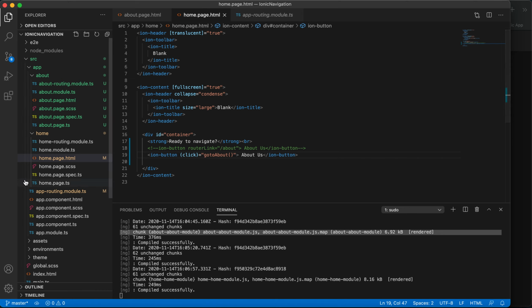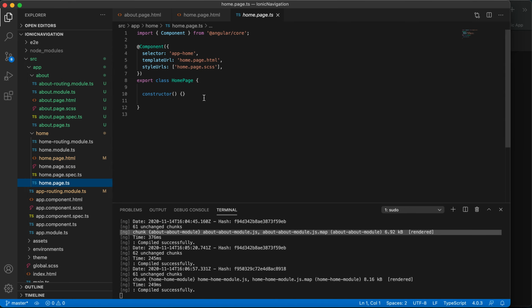Now go to home. Here we need to write the function. So what is the function? Go to about, and open a flower bracket.